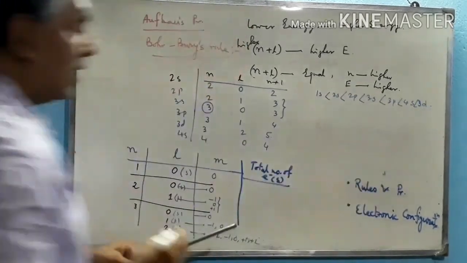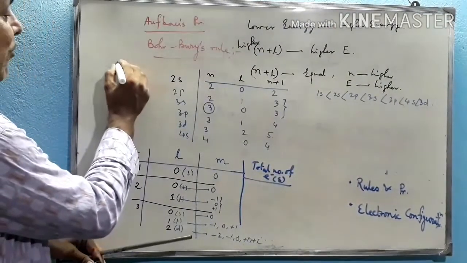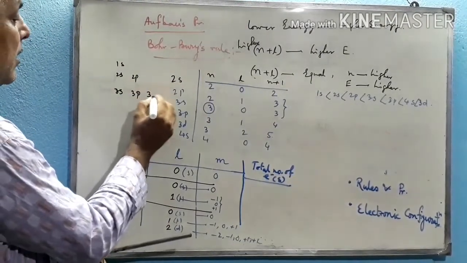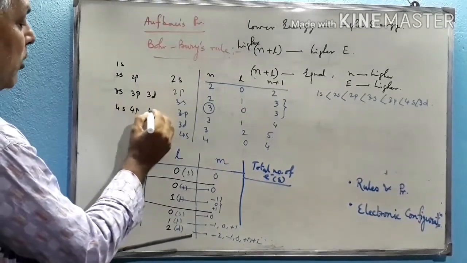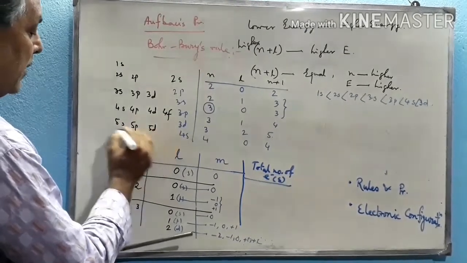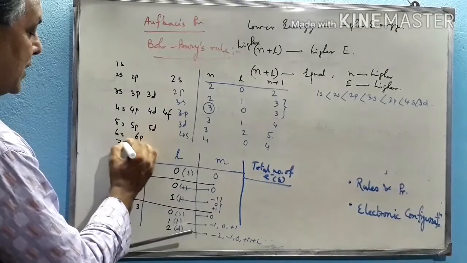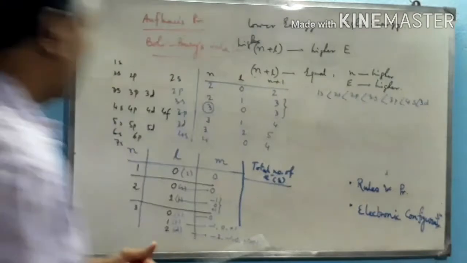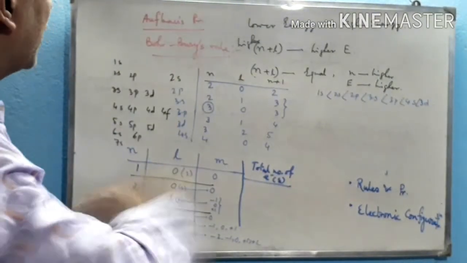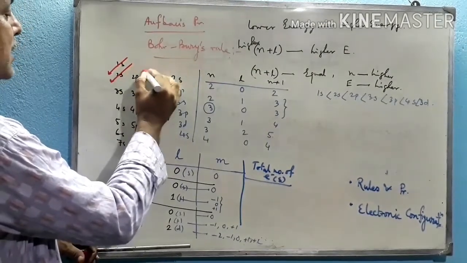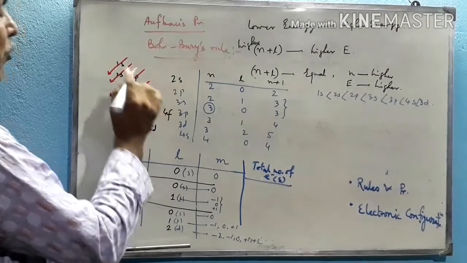and so on. Better, we can draw a particular diagram like this. Suppose 1s at first, then 2s, 2p, then 3s, 3p, 3d, then 4s, 4p, 4d, 4f, then 5s, 5p, 5d, then 6s, 6p, then last 7s. By marking arrows through all these, we can complete the concept of the Aufbau rule. First arrow 1s, second 2s, third 2p, 3s, fourth 3p, 4s.